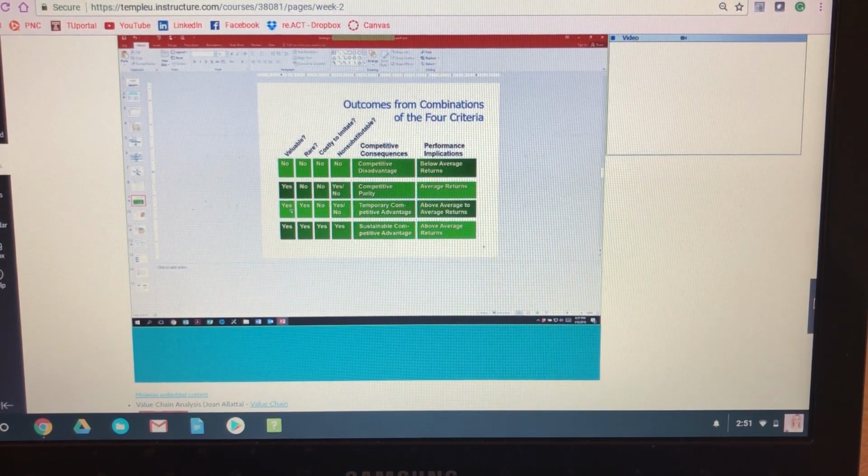Similarly, if a capability is valuable and rare and it is non-substitutable, then it also provides the firm with a temporary competitive advantage and an average to above average returns. When a capability is valuable but not rare, in other words, other firms possess that same capability, then the best the firm can be is even, and the consequence is competitive parity, on par with other firms, and the implications